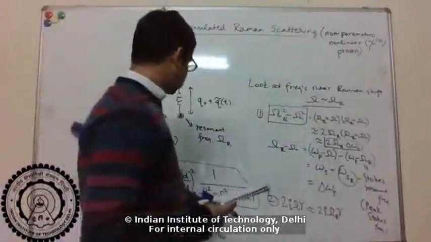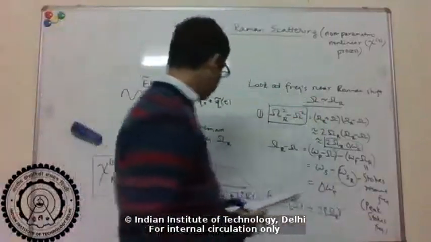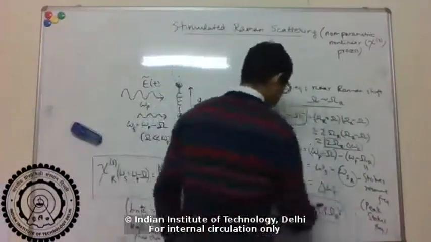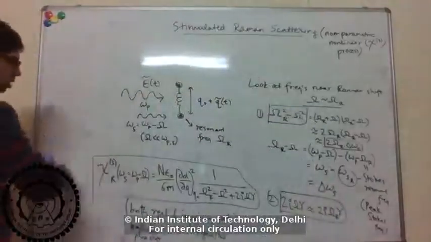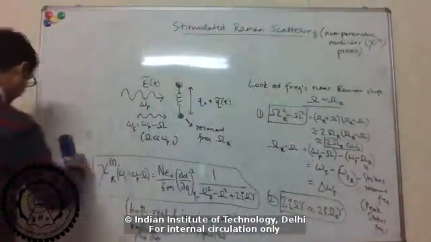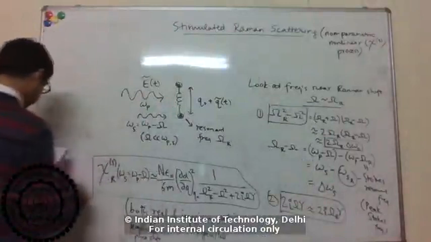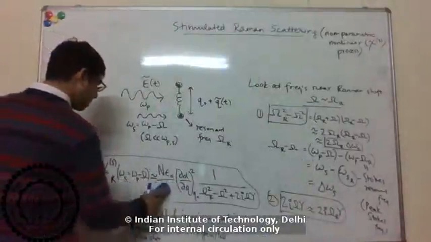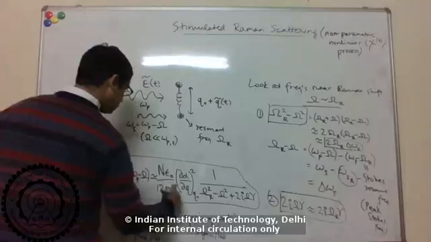You can see that the first term has 2 omega r, and the second term will also have 2 omega r. So I can take 2 omega r as a constant from both of them, and basically write my susceptibility now as